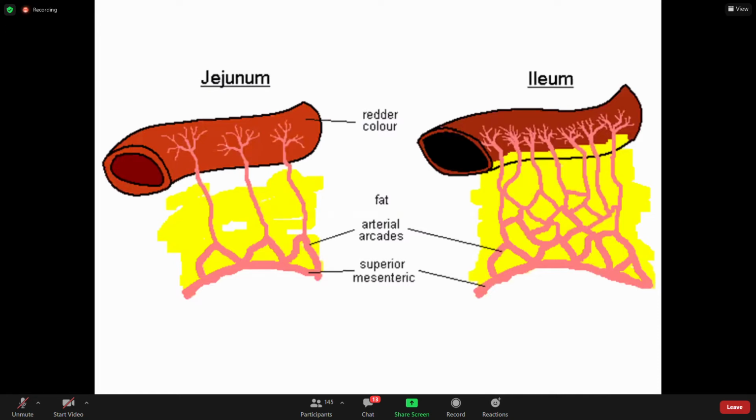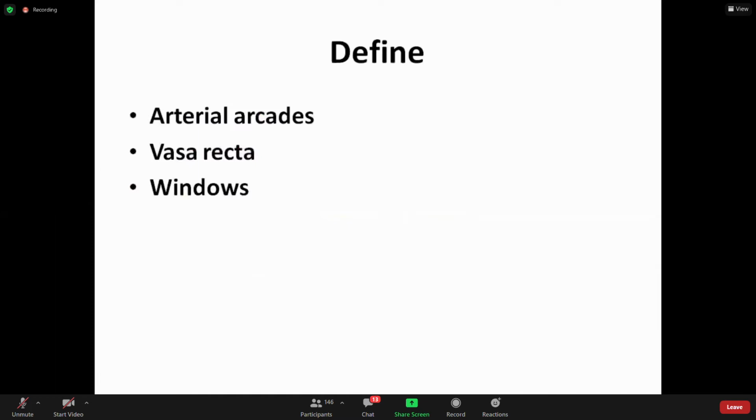Other than this, microscopically, the villi of the duodenum will be larger and leaf-like, as compared to the finger-like, thin and short villi of the ileum. Similarly, there will be the presence of Peyer's patches in the ileum, which are nothing but aggregated lymph follicles. So these are the differences between the duodenum and the ileum.